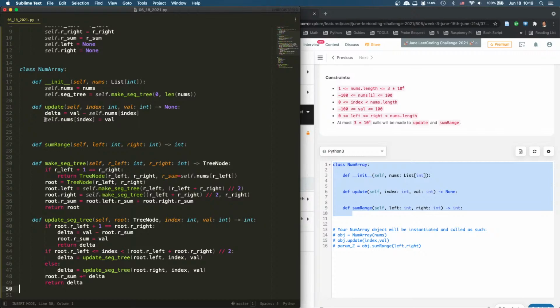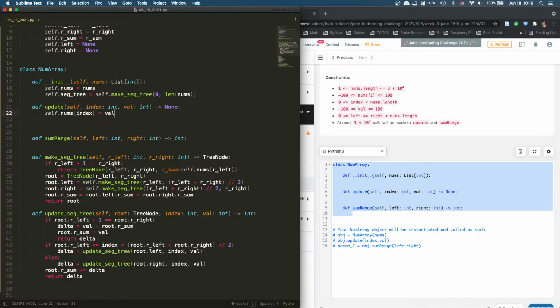So what we're gonna do is, we don't have to do this. We just update the nums. But actually, we don't need to update the nums, right? We don't need to update the nums. So we don't have to keep this. It's only used the first time. Which honestly, if you think about it, we can just pass it down. Yeah, we only need to use it once. So let's just put it inside and then